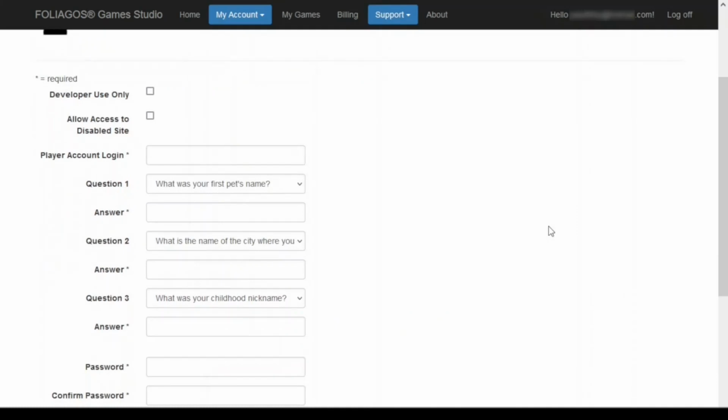Most of the fields are self-explanatory, but we do need to explain the top 2 checkboxes. Developer Use Only. Ticking this box will create a developer test player account. To manipulate this type of player account through the Online Player Accounts API service, you would use a developer key. The pros of using this type of key are the calls do not count against your monthly API call count, though there is a monthly limit on the number of calls that can be made using a developer key, and